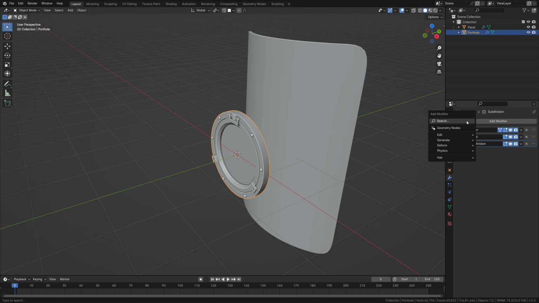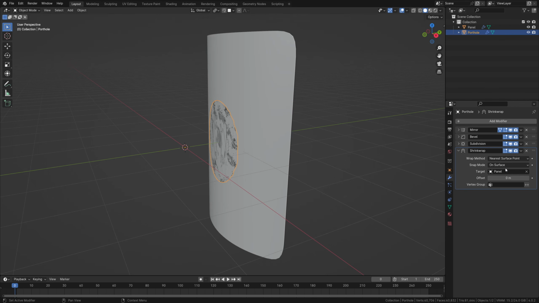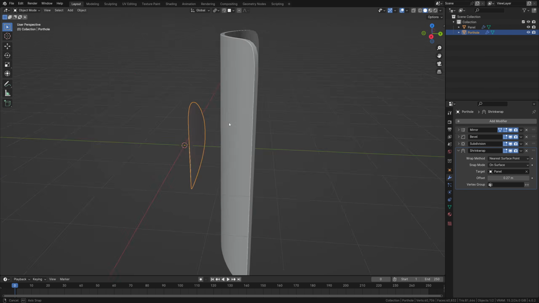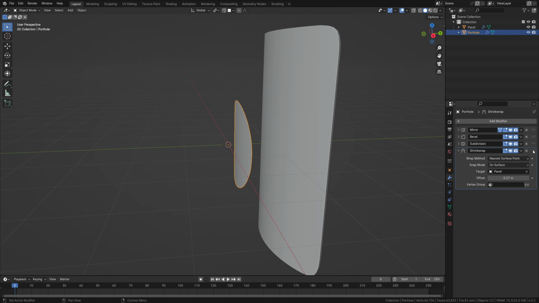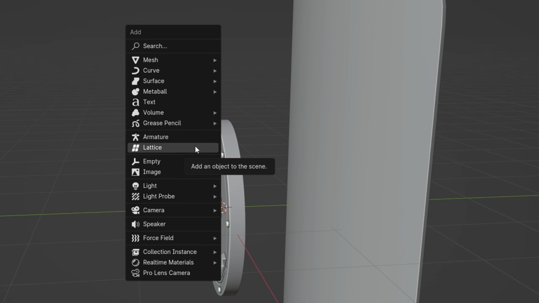Usually people would go and add in a shrinkwrap modifier, select that as the target, and then it starts moving all the vertices to the target. Now, as you can see, this creates quite a mess because it just flattens everything, and that's not the result that we're going for. Instead, what we need to do is we go Shift A and add in a lattice